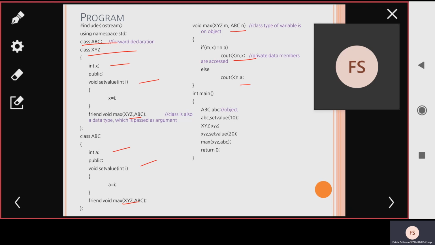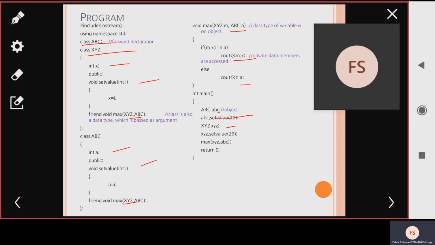In int main, what you are doing: you are creating an object for ABC, and you are calling that particular set value member function. Here also you are creating an XYZ object, then you are passing that member function the value 20. So here, max of 10 and 20 values, you are taking objects.